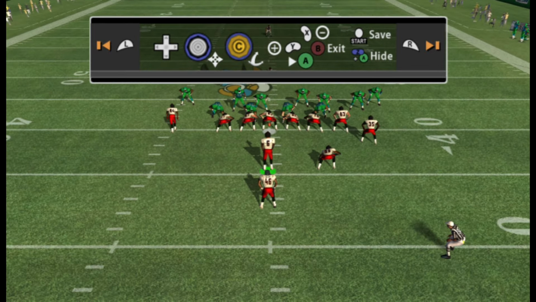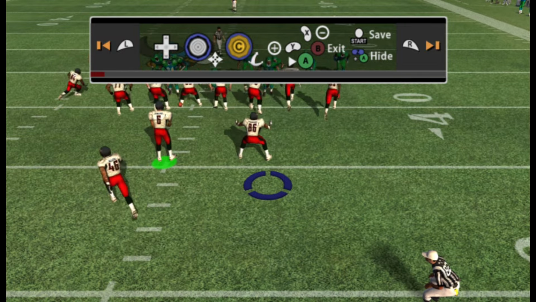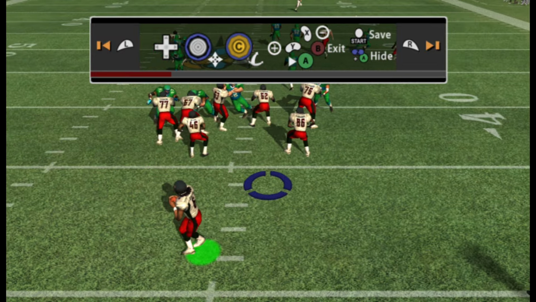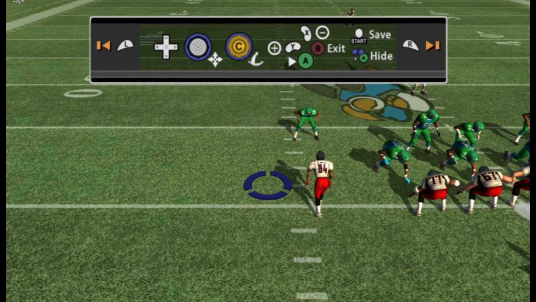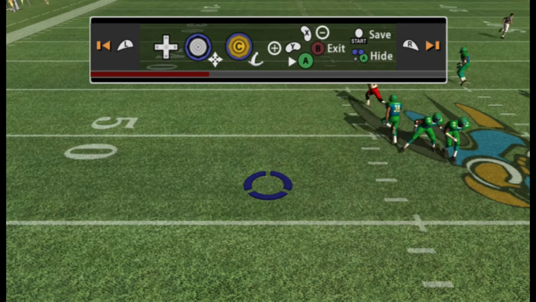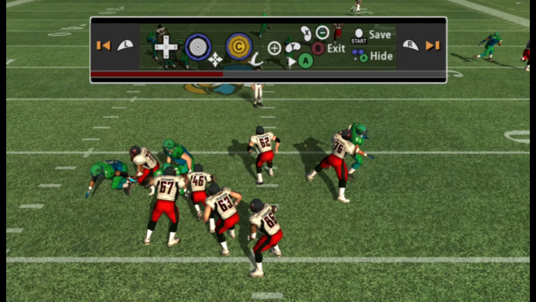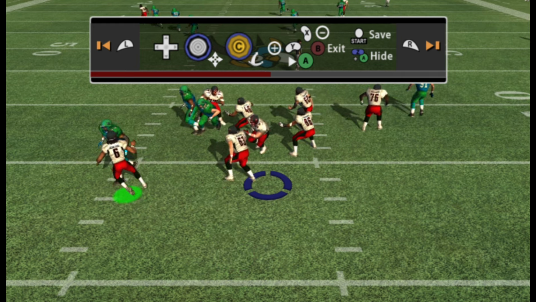See, I audibled Allen to block, and I also audibled Parkman to block, right? Because of the way that the defense was lined up here, I thought I was gonna try and take a deep shot down the field. And here it goes, and then